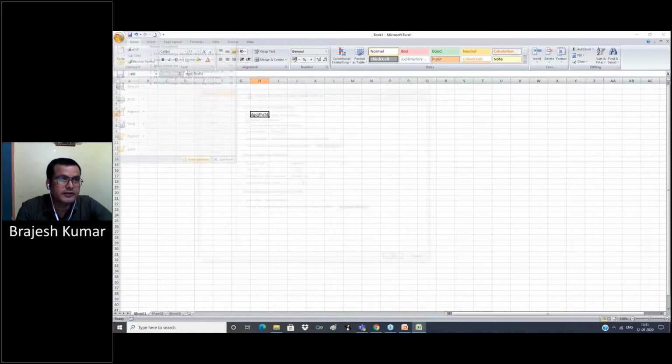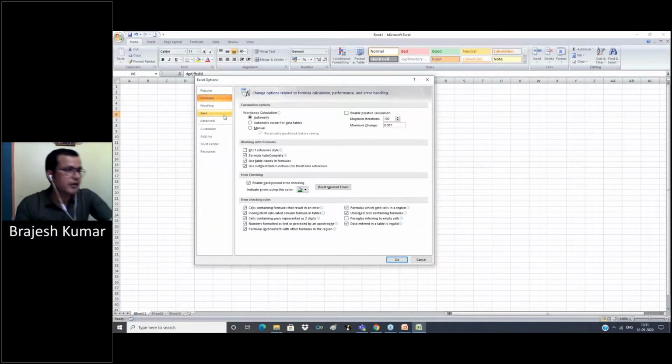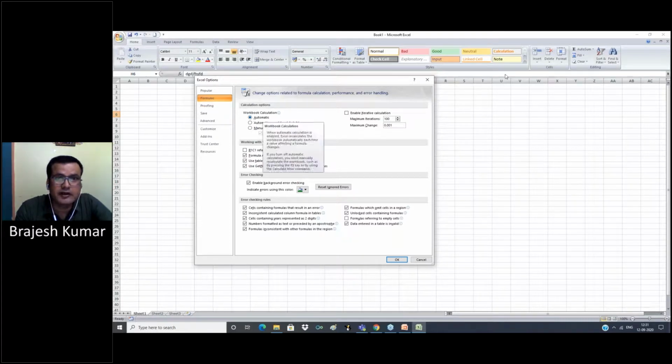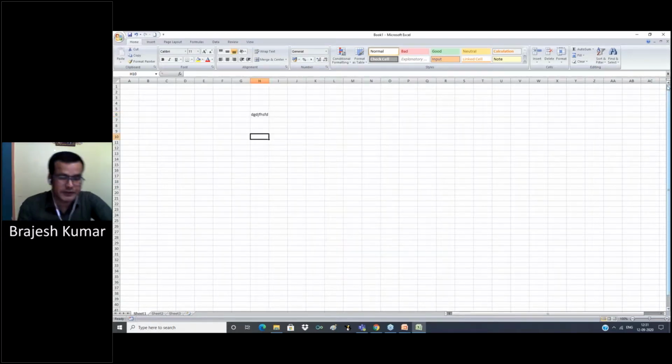Next option is formula. This is for your knowledge. Sometimes you can see when we uncheck this automatic option and click manual, then I need to write the formula one by one in all cells.